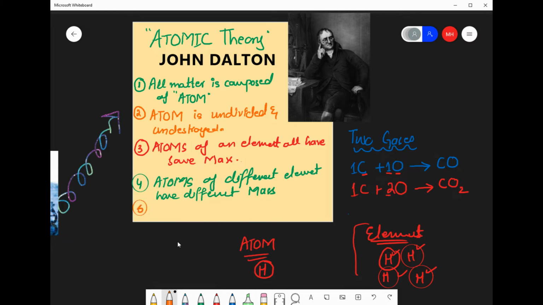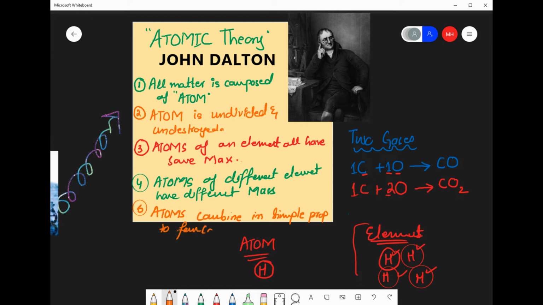The fifth statement was the proud statement that atoms combine in simple definite proportions, or simple whole numbers. It's a big statement here, but you could say atoms combine in simple numbers or simple quantities when they form compounds. If I write the point in fancier words: atoms combine in simple, definite proportions to form compounds.